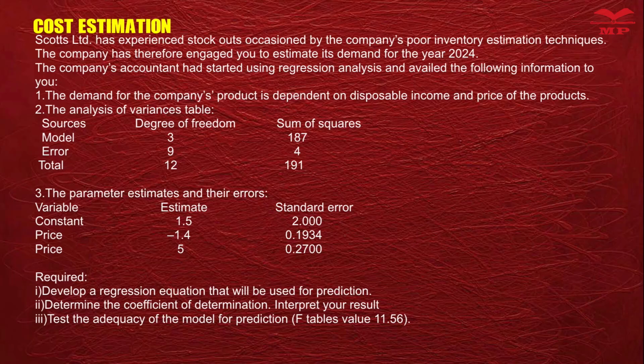Number 3, the calculations have already been done, candidate. So we have almost everything that is required. You can see that the sum of squares is given. The sum of squares is provided. That's why I say the question was quite direct. Then number 3, the parameter estimates and their errors. There are 3 columns there: variable,